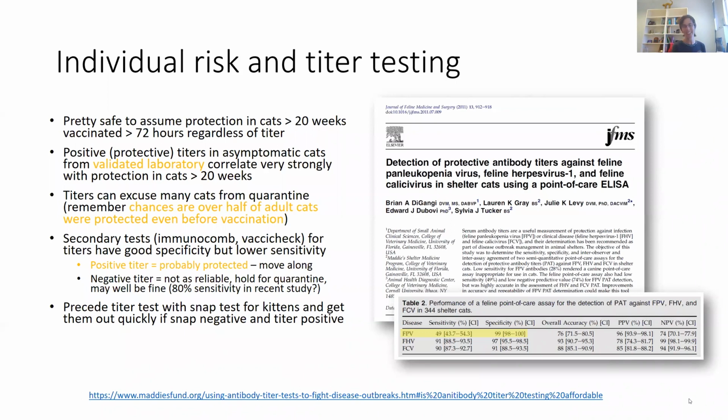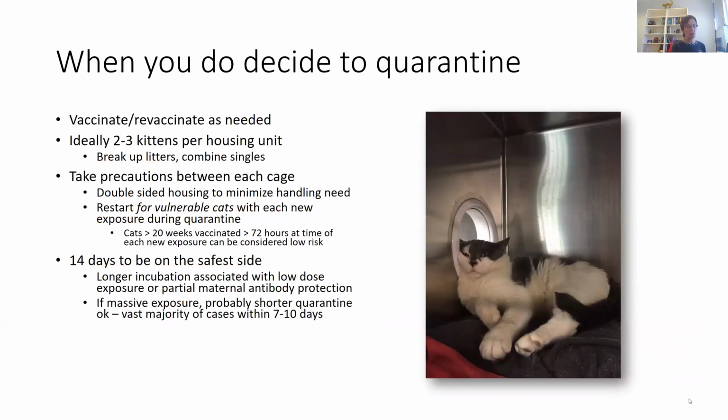The other thing I was going to say is that we also have an idea that subclinical infections happen in cats and kittens in animal shelters. But at least in our hands, when we're managing outbreaks, not taking those into consideration has worked for us clinically. So what we have come to think is that while subclinical infections are likely happening, they don't appear to be in a shelter that's vaccinating and has other reasonably good practices. They don't appear to be super relevant clinically when you're responding to the outbreak, at least in our hands